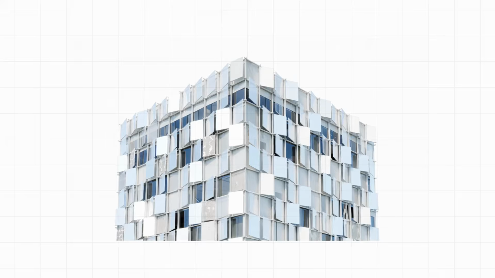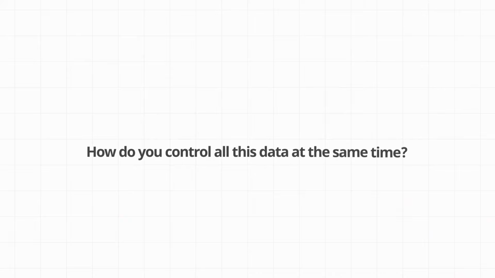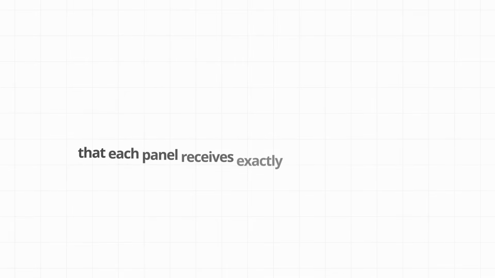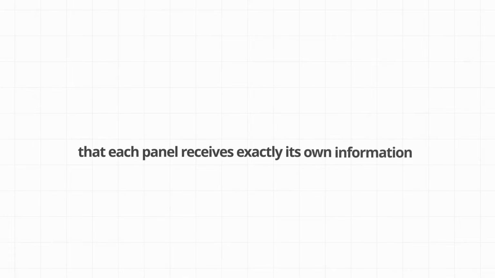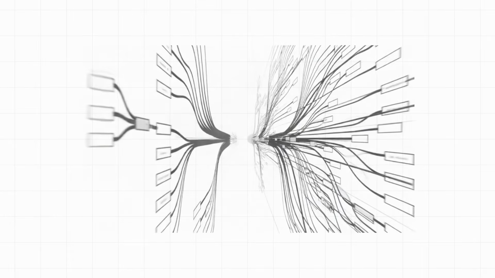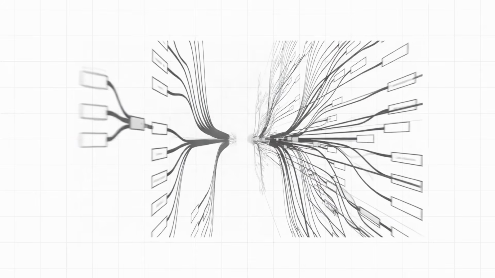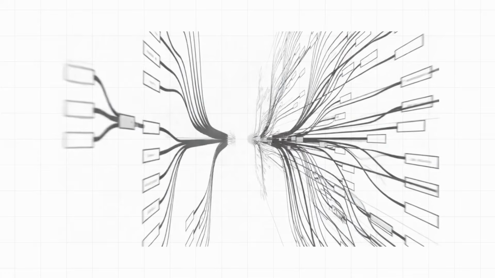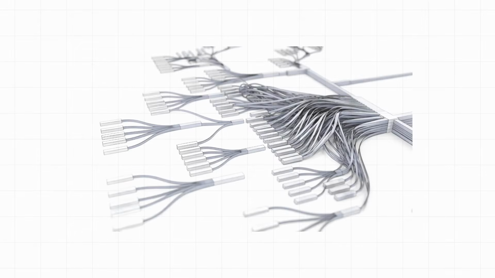Now, the real question is, how do you control all this data at the same time? How do you make sure that each panel receives exactly its own information and not someone else's? This is where data trees come into play. Contrary to what many people think, Grasshopper doesn't work only with simple lists. Instead, it works with layered data structures, exactly like a tree, with branches, sub-branches, and each branch holding its own